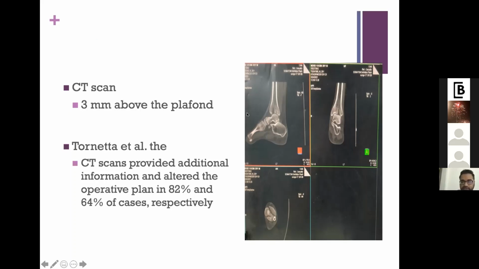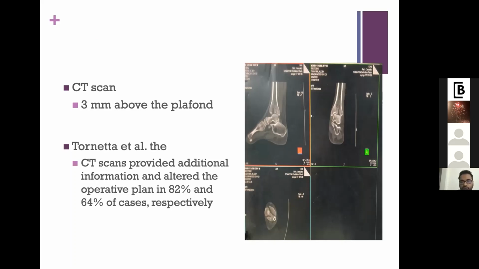The best way of reading a CT scan is to get all three views, sagittal, coronal, and transverse, and put the long axis parallel to the tibia, and the transverse axis just 3 mm above the tibial plafond. Place the transverse axis parallel to the joint line, 3 to 4 mm above the tibial plafond joint line, and the other axis parallel to the tibia, and keep all three, sagittal, coronal, and transverse, in front of you. Then you read the scan.